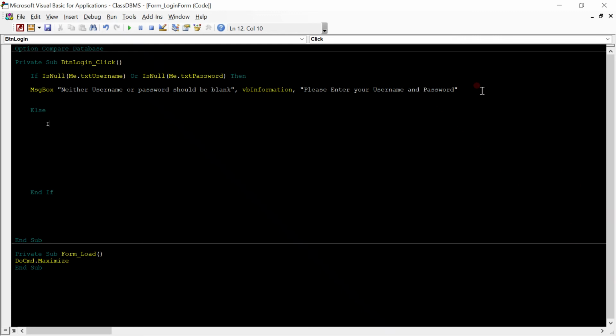Else. And inside this else, you can have if. If it's null, do lookup. Look for username inside users table, where username is equals to this value and me.txt username dot value is equals to those value and this value, close brackets, or